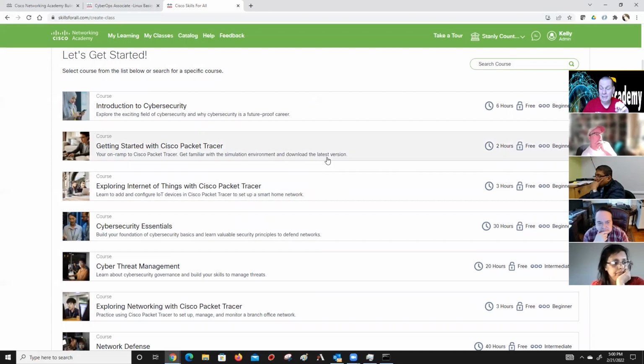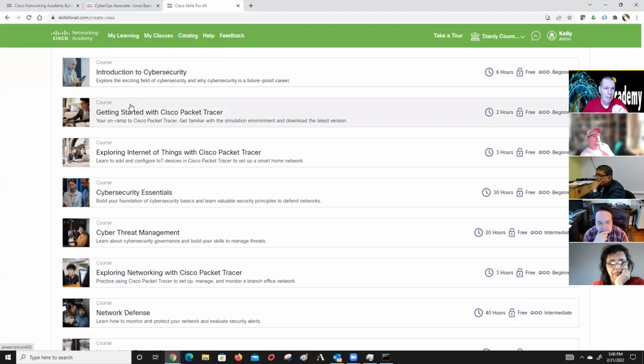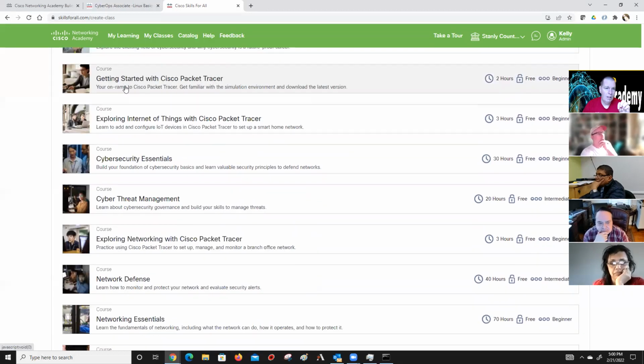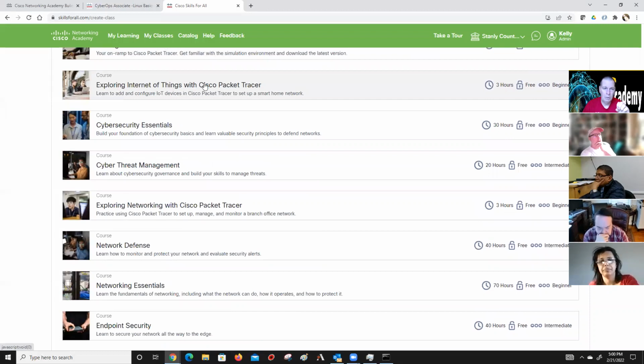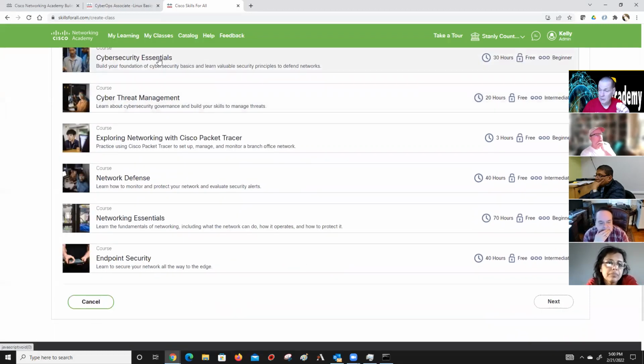Well, I don't call them classes. I call them learning modules. But you've got Introduction to Cybersecurity, Exploring the Internet of Things with Cisco Packet Tracer, Cybersecurity Essentials, which is actually the one directly from the Cisco Netstat site. But then they've got this cyber threat management, network defense, and endpoint security. And there's nothing like that in our actual Netstat right now. So just throw that out there,